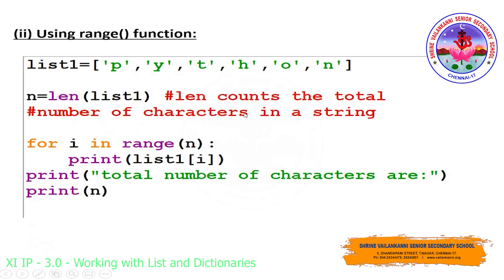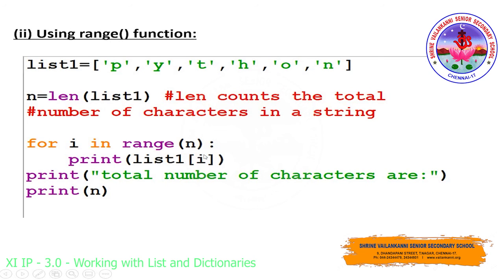And in the next example we are going to see how to make use of the range function in the list concept. So if you see here, list1 is the same list they have created, and they are trying to find the length of the list. n is a variable, and for that variable they have used the function len(list1). len is an inbuilt function. It helps you to count the total number of elements. If I give len(list1), how many do you have here? Totally 6, and that 6 will be assigned to this n variable. So now the value of n is 6.